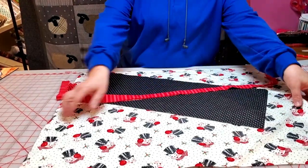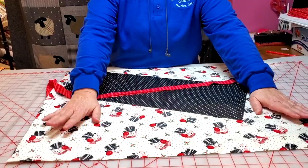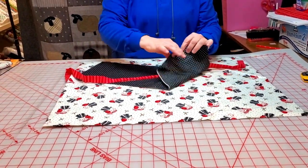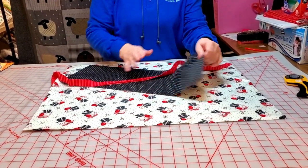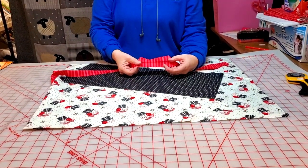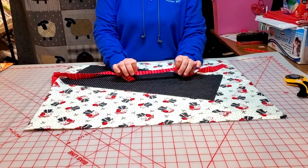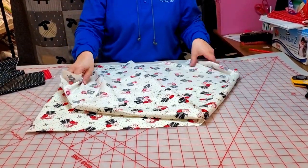So the first thing you're going to need is 3/4 of a yard of your pillow body. That was 3/4 of a yard, so 27 inches by width of fabric. Then you're going to need a cuff, and that cuff is going to be 1/4 of a yard, so 9 inches by width of fabric. And then a trim piece, and I've used this stripe. I cut it 2 inches by width of fabric, and then I'm going to press it in half with right sides out. And then after you get those cut, we're going to open up our fabrics,